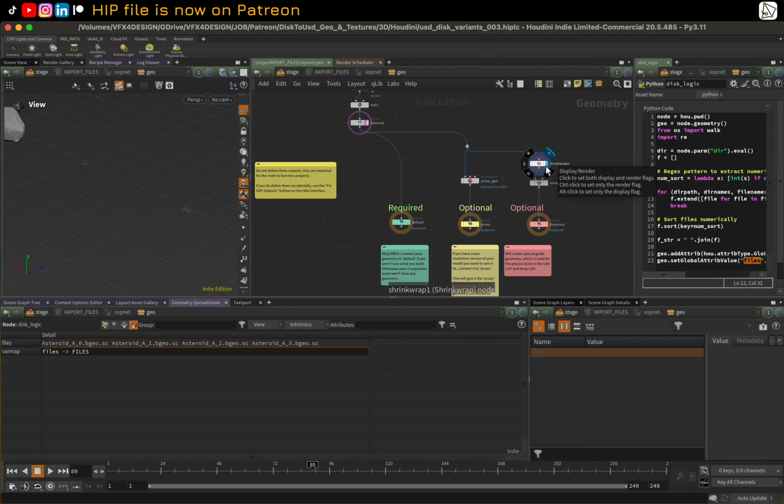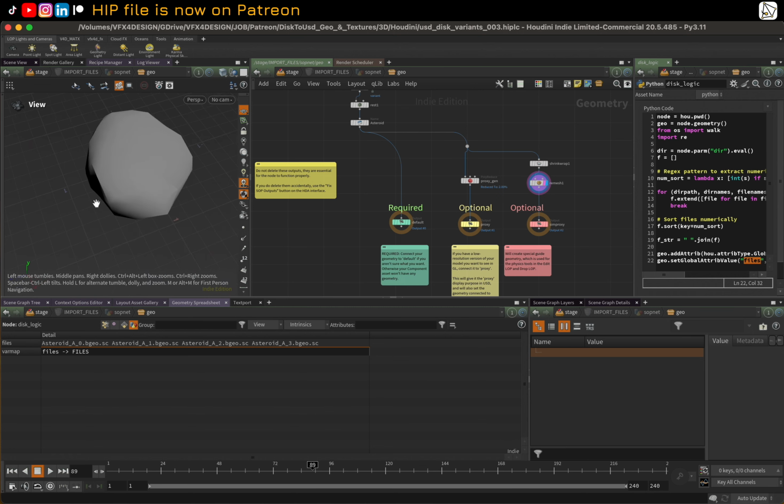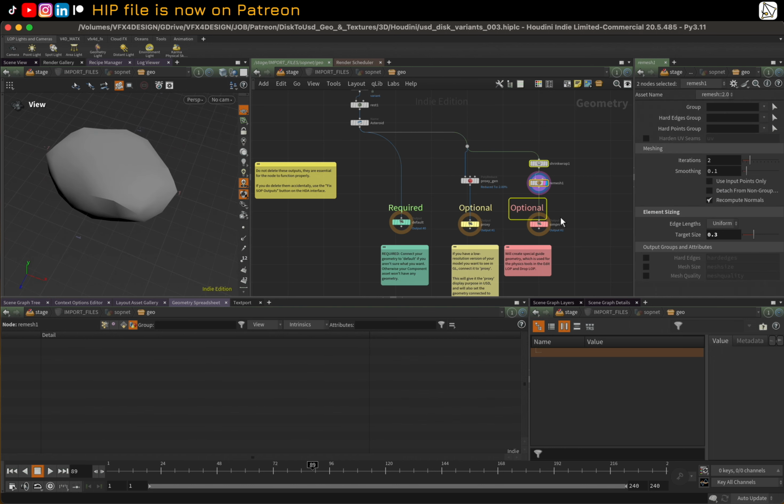All I'm doing is shrink wrapping. Let me just press space G in the viewport. I'm shrink wrapping this. There's many ways you can do this, and I'm just doing a remesh. So there you go, some sim geometry. I think that might be okay for a bullet thing, and this will be good for when